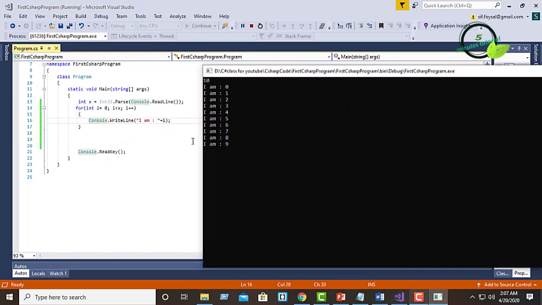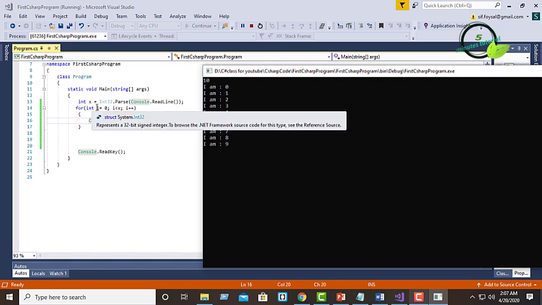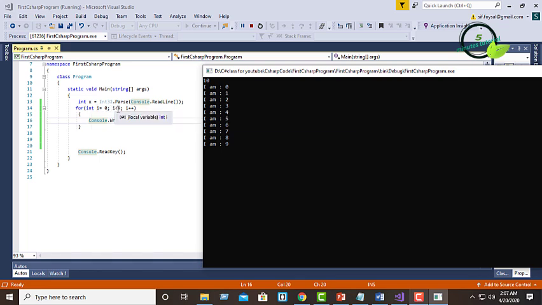Here it has printed 'I am 0'. Then it has incremented I's value by 1, then it is checking whether 1 is less than 10 or not. 1 is less than 10, so it is printing 1.